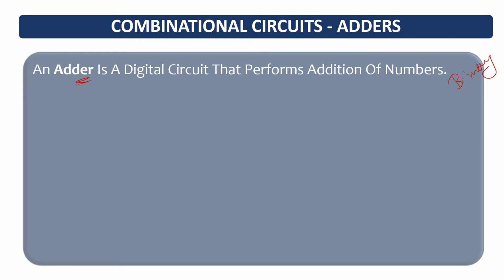So adder is nothing but the digital circuit. So what is the main purpose of adder? The main purpose of the adder is to perform addition of numbers. What type of numbers? Binary numbers. Okay, so